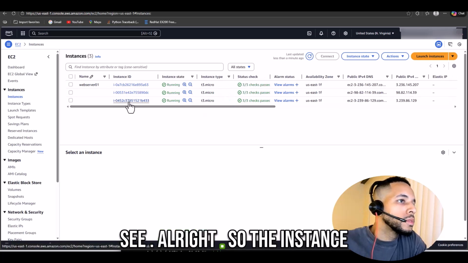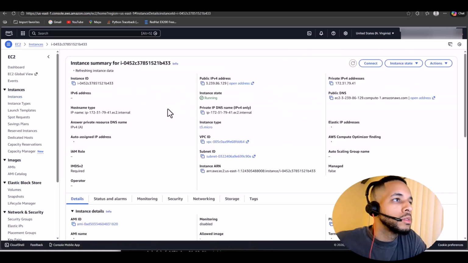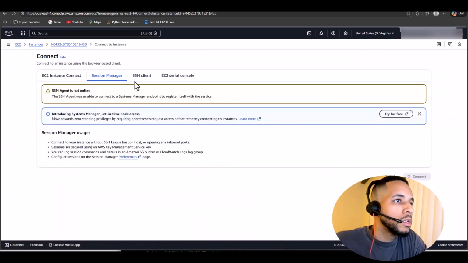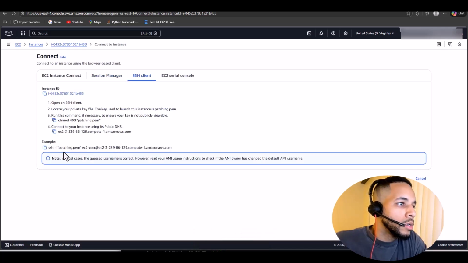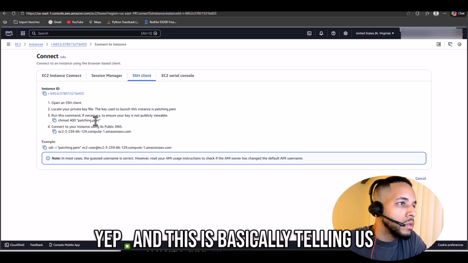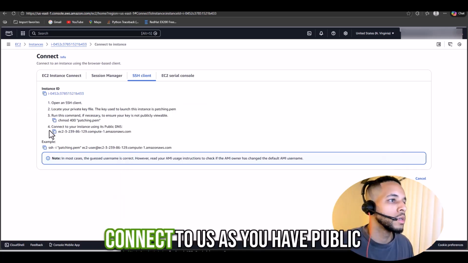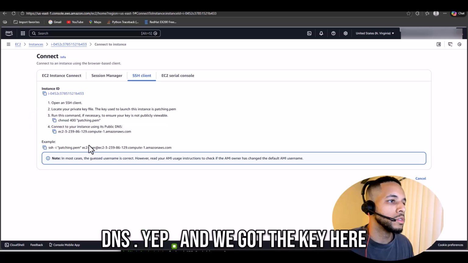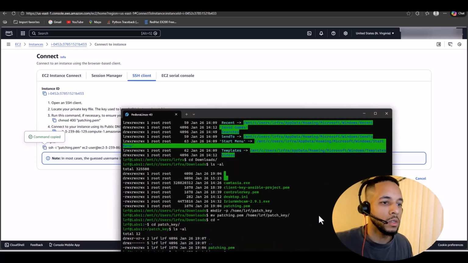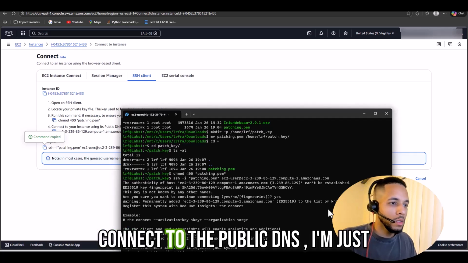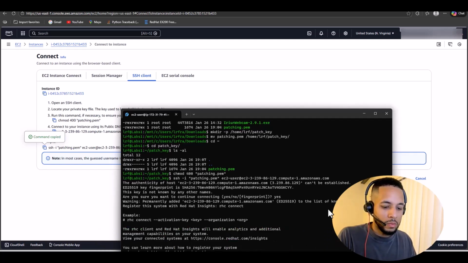All right, so the instance is built. And we're gonna go into connections, SSH client. This is basically telling us to make sure that the permissions are correct. Connect to instance via public DNS. Yep, and we got the key here. Boom. All right. So now that we connected to the public DNS, I'm just gonna sudo up to the root